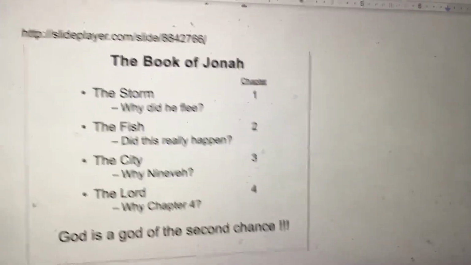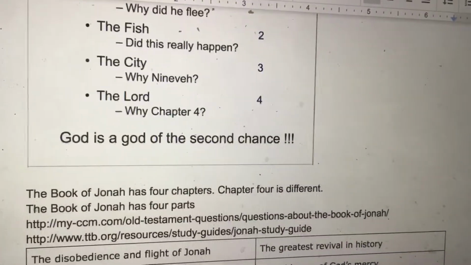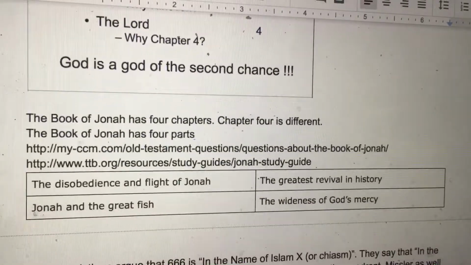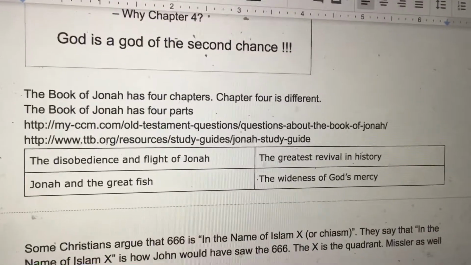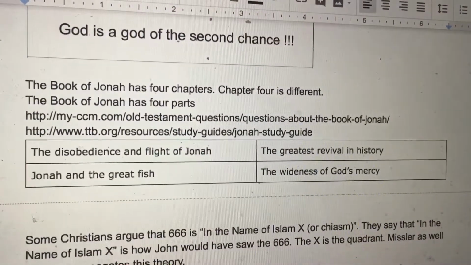The book of Jonah is divided into 4 chapters. Chapter 4 is different. The book of Jonah has 4 parts: the disobedience and flight of Jonah, Jonah and the great fish, the greatest revival in history, and the wideness of